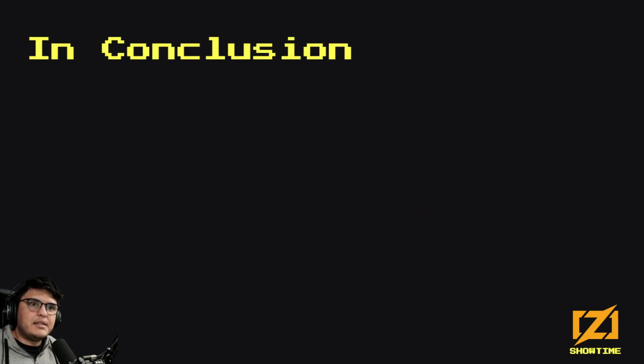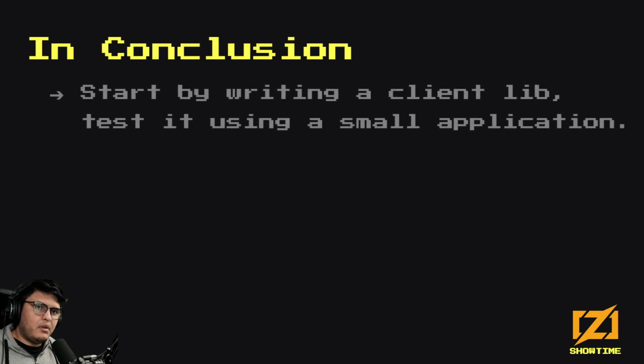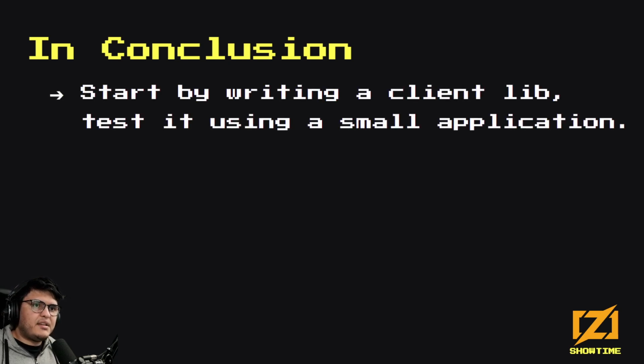So this is actually the conclusion of my talk. It's not more complex than this, but there are a couple of takeaways that I think are important. So to really recap the points that I wanted to make. If you're interested in async await, consider writing a client library, and you can test it by writing a small application for it. That will show you that you can be as productive in Zig as you are in your higher level languages when it comes to just being an async await user.